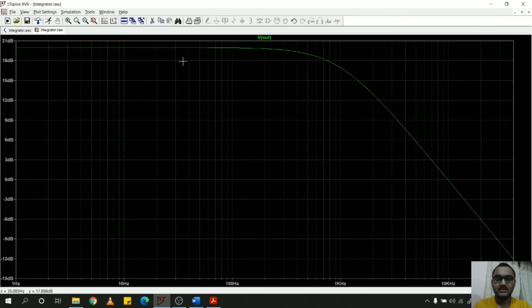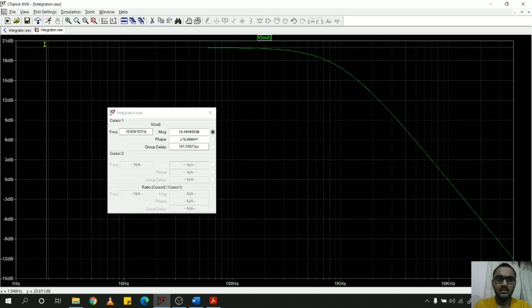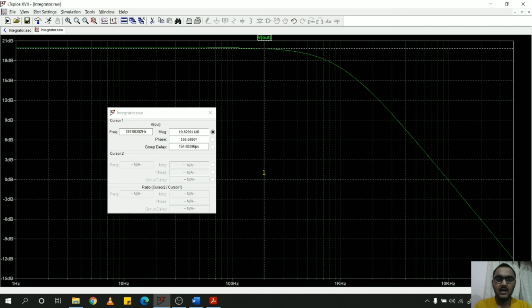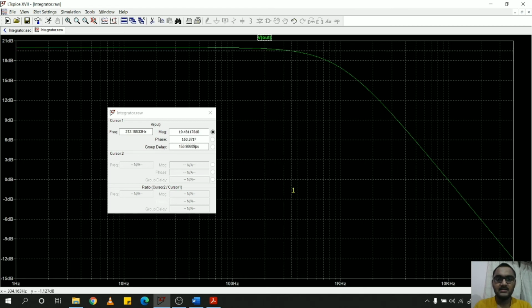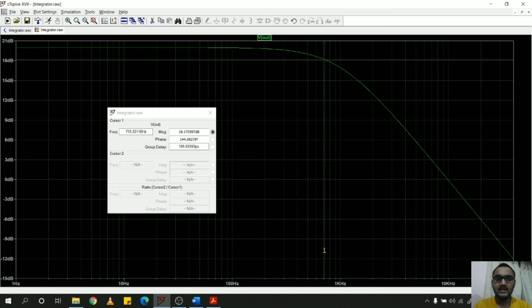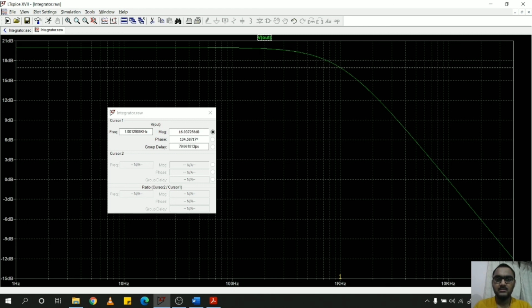So this is the frequency response of an integrator. Now let's check the values of FA and FB. As you can see, from the frequency 1, the gain remains constant till 200 Hz. After this, the gain decreases gradually, and the 3 dB cutoff point is at 1 kHz. So this was the FA frequency which we have designed.